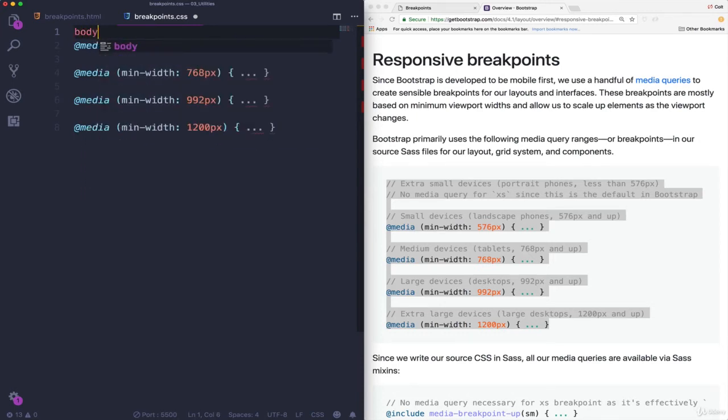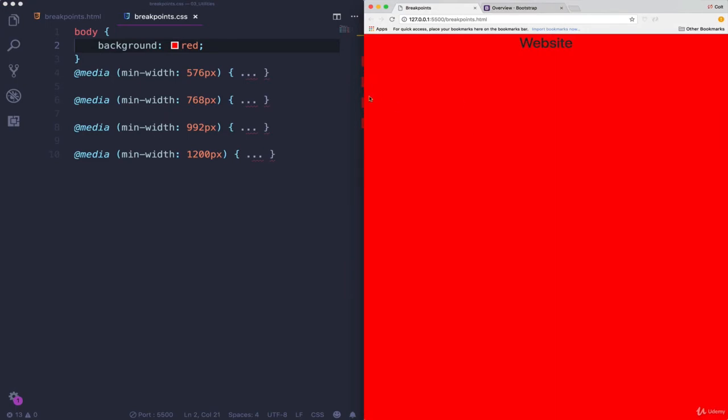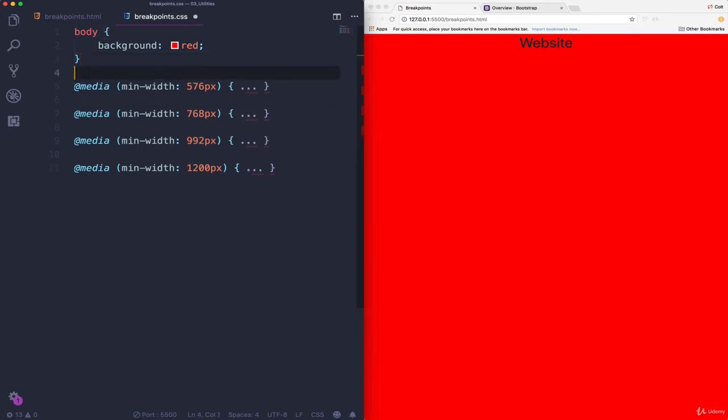I'm going to give my body a background color of red. And right now it's applying everywhere. But let's say I only want it to apply on a small screen size, on a mobile phone, extra small, which is what we call it in Bootstrap, XS. What I would do is once we hit 576 pixels,